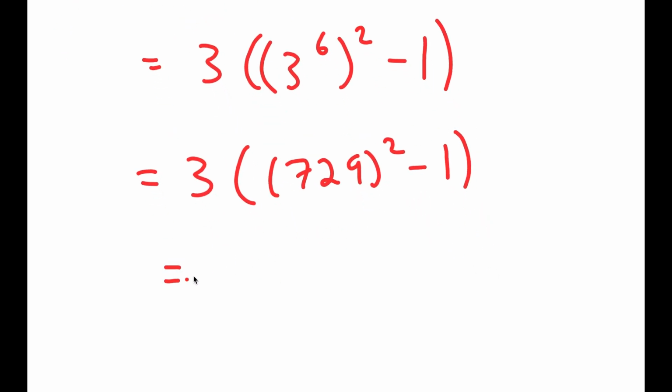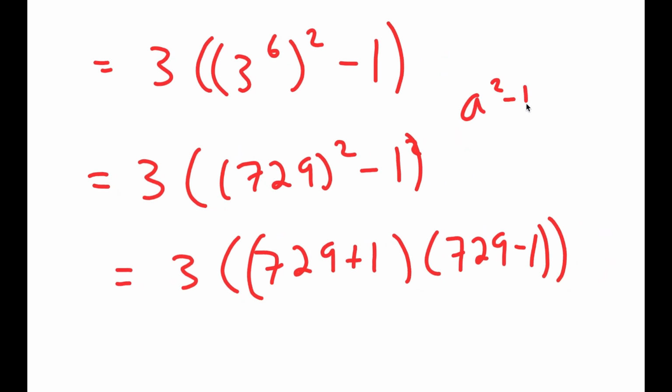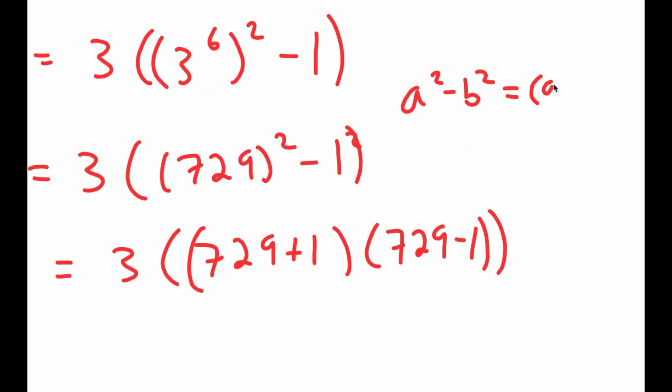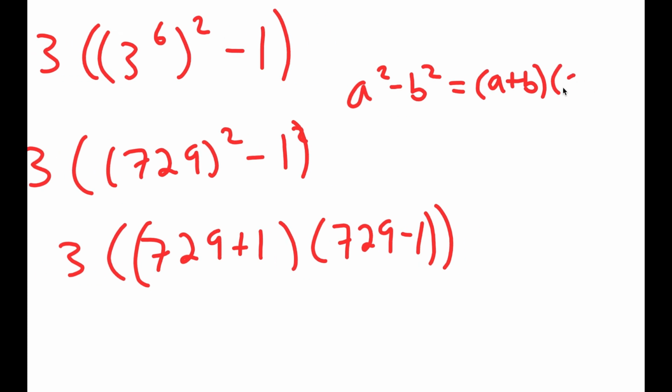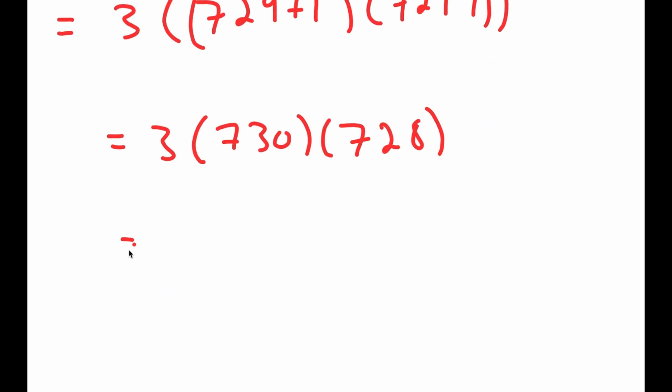which is the same thing as 3 times 729 plus 1 times 729 minus 1. Because 1 is the same thing as 1 squared, and if I have something in the form a squared minus b squared, this is equal to a plus b times a minus b. And now from here, I get 3 times 730 times 728,